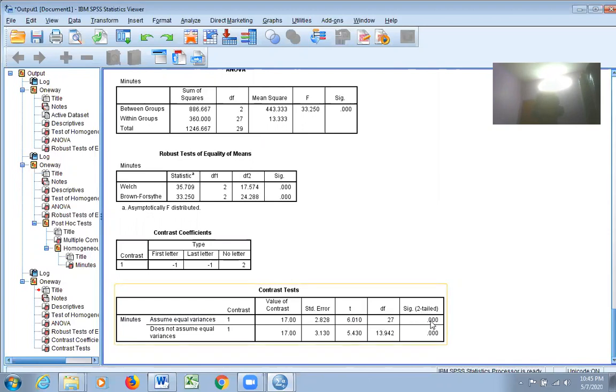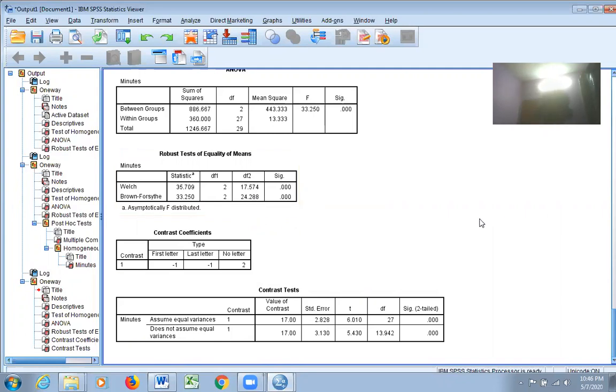The sig value, the answer is 0.000. It means that the sig value is less than the significance level of 0.05, and so the null hypothesis is rejected and the alternative hypothesis accepted. That is, there is a significant difference between the first group and the second group of participants with regard to the time taken by them to complete the puzzles or anagrams. What is the first group? Those who received the first letter or last letter as a hint. What is the second group? The participants who did not get any kind of hint.